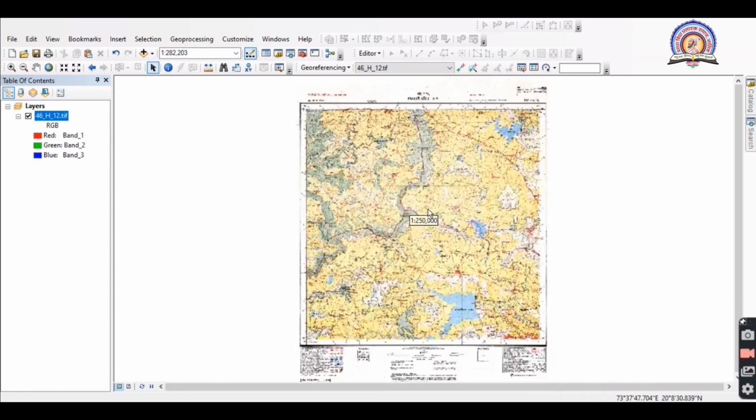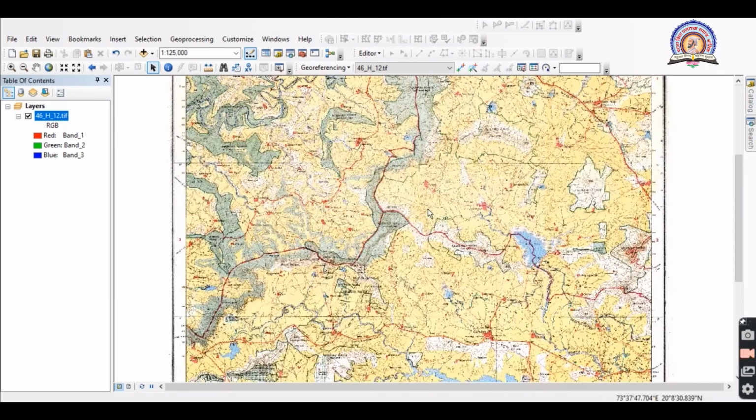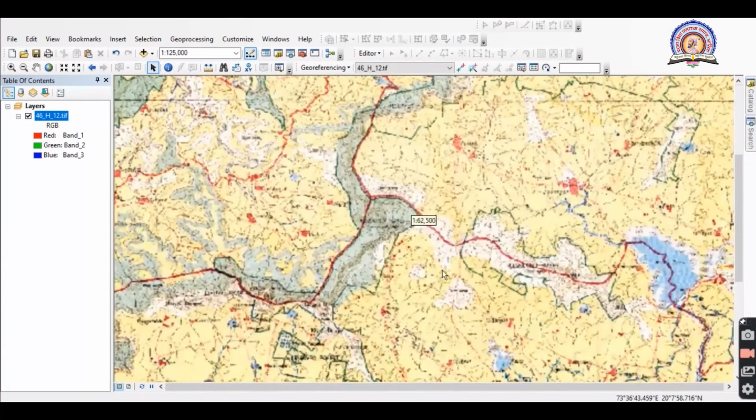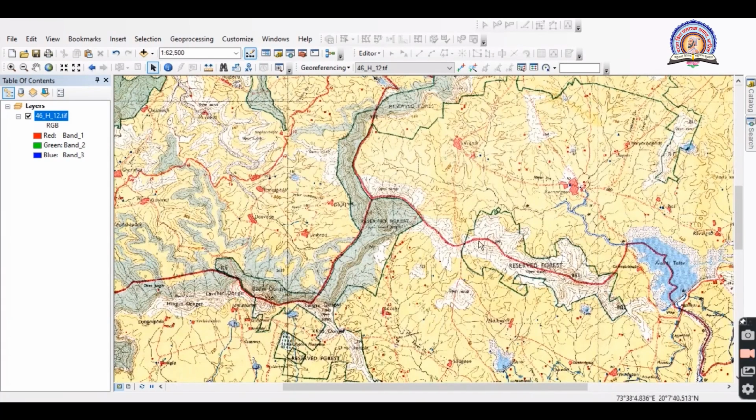As we know that our Nasik belongs to the northern hemisphere, and in the northern hemisphere it is again in the eastern part. So as I move the cursor over an area, we can say that there is a change in the coordinates. It means that this map is now georeferenced.